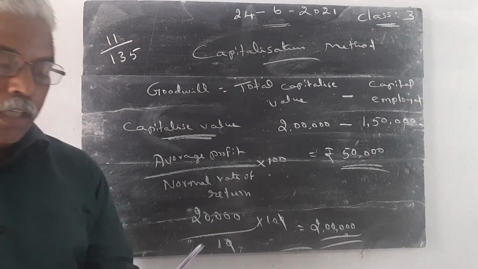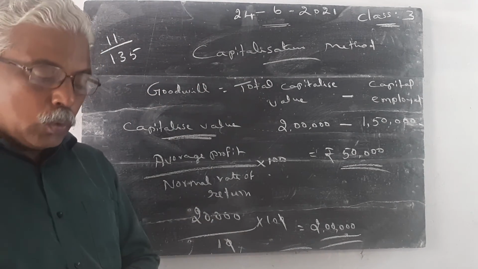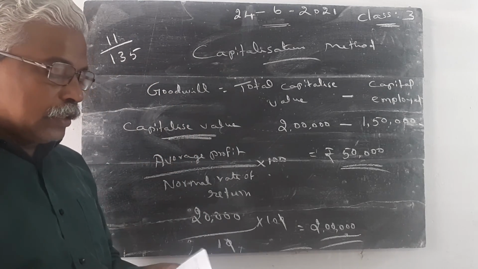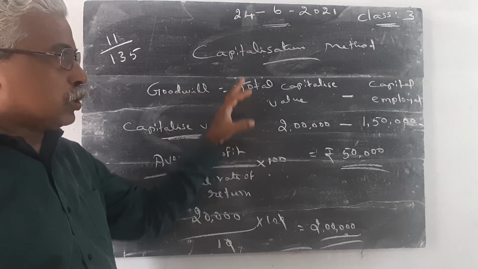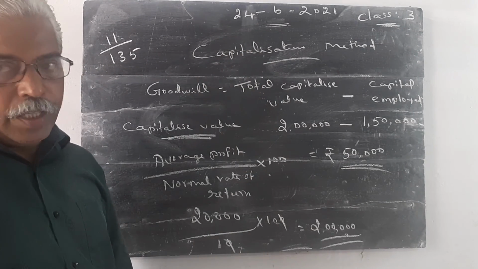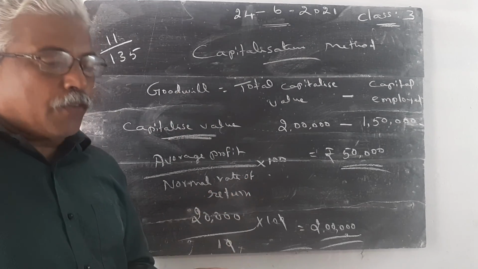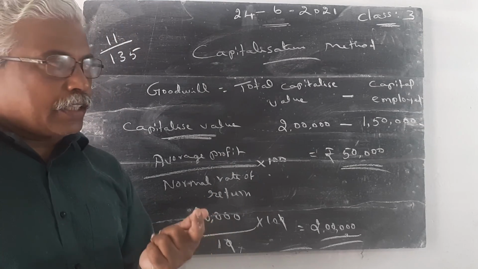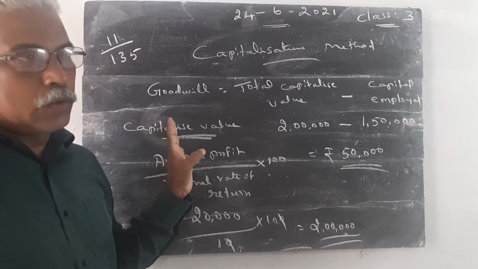Very simple question, my dear students. You have to do all the questions from 1 to 11 in a separate accountancy notebook, and try to solve all the questions one by one. Then after that you write one-word questions. What is a super profit? What is a normal profit? What is a goodwill? What are the factors concerned for calculating goodwill? These are all theory questions you also have to study.